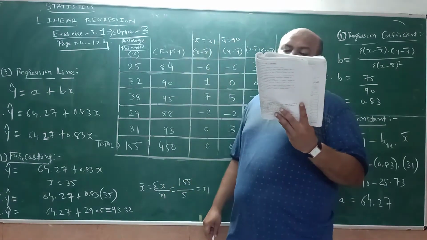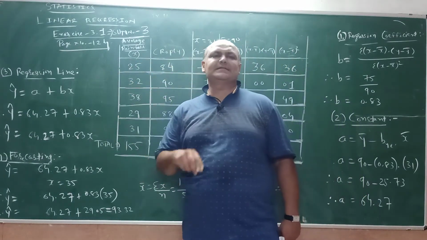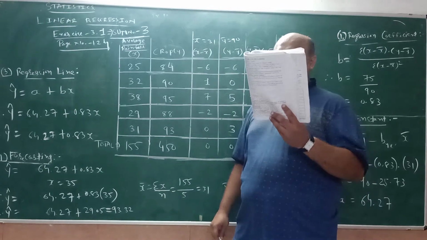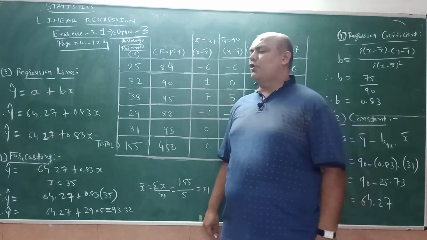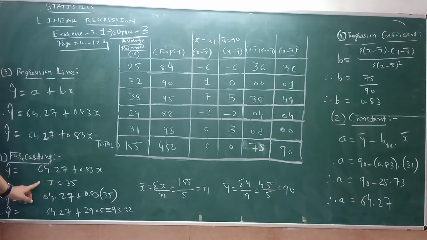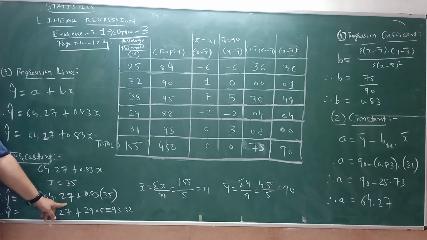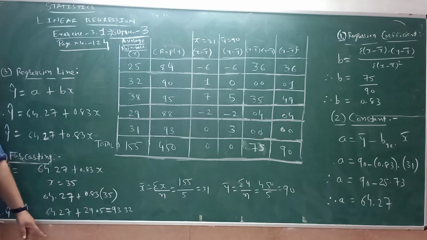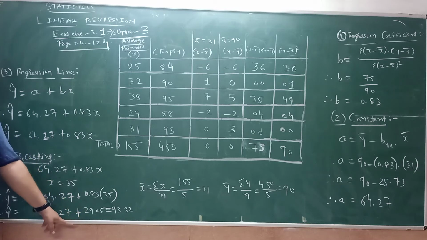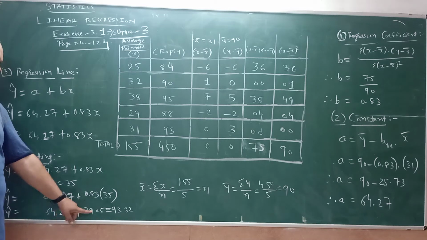The crop, if the average rainfall is 35 centimeter. Average rainfall is x, and x is provided as 35. So we have to find the value of the crop, that is y. We put the value of x into the regression line, 64.27 plus 0.83x. X we take 35. So 64.27 plus 0.83 into 35. 0.83 into 35, the final answer is 29.05. So 64.27 plus 29.05, the answer is